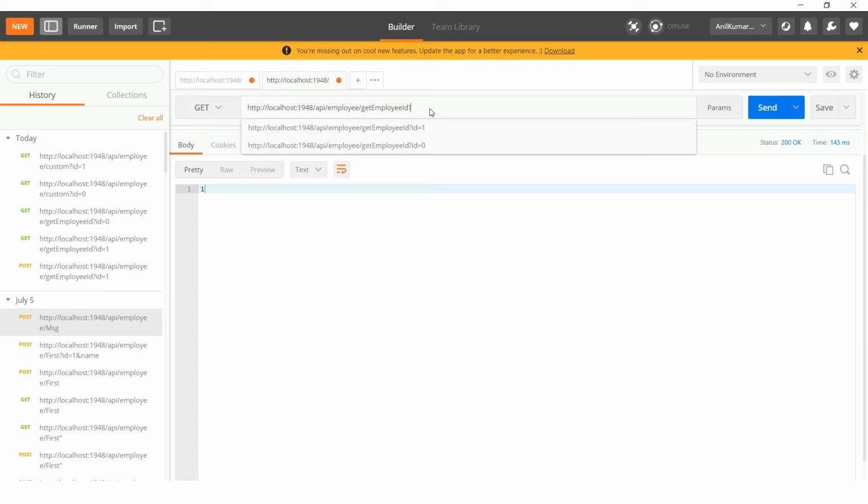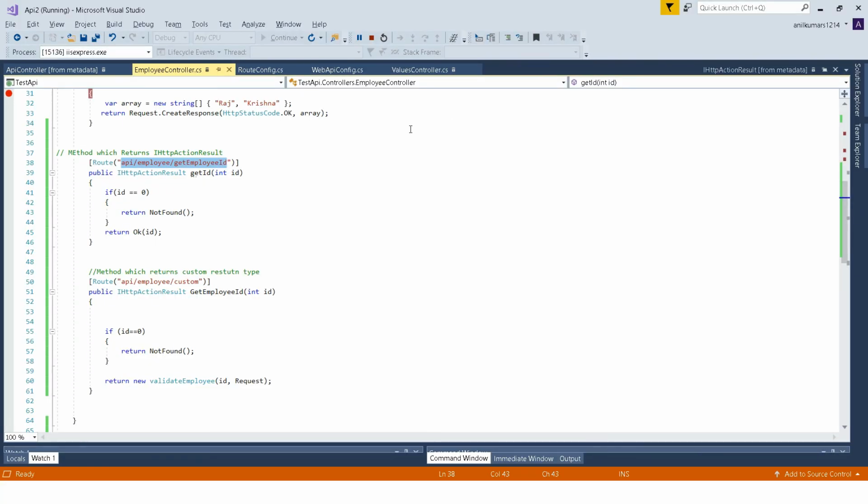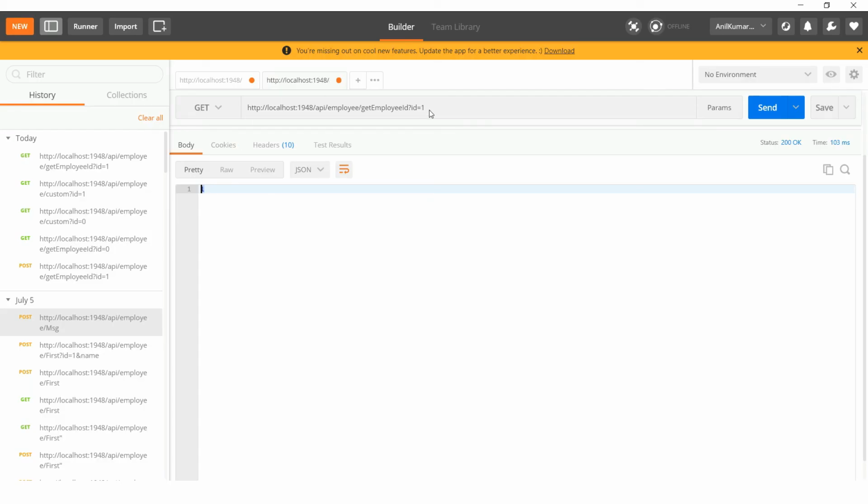I'll give ID 1. I'm clicking send. What I'm getting back is the ID, and we are returning Ok. See here, we are returning Ok. Why? The ID is not equal to 0. If it is equal to 0, we are returning NotFound. Let's see that as well. I'll pass 0. Okay, 404 Not Found, we are returning.